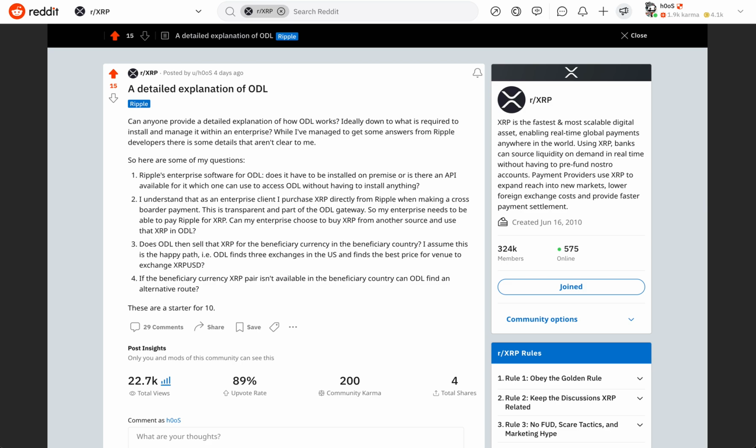So today I want to talk about ODL, on-demand liquidity. For those that don't know, this is a piece of enterprise software that Ripple, the company, have created that uses under the covers the XRPL, the XRP ledger, and XRP, the native token of XRPL, as a bridge asset to facilitate cross-border payments. And for me, this is one of the most